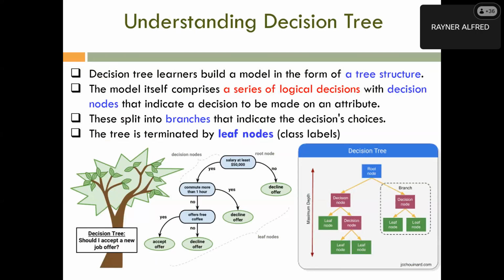If you look at the screen here, decision tree is basically constructed based on the features that we have and the values of that particular feature in your data set. Okay? So the decision tree learner builds a model and they will form a tree structure